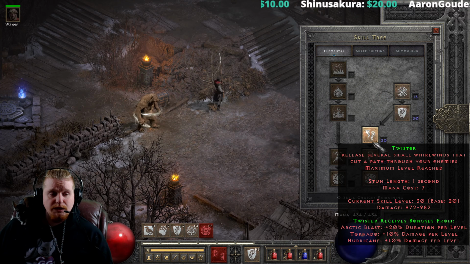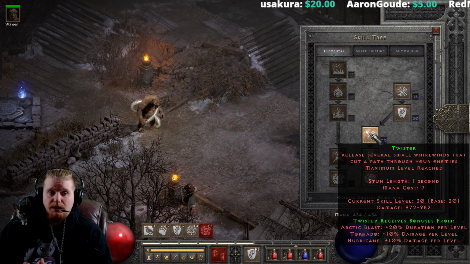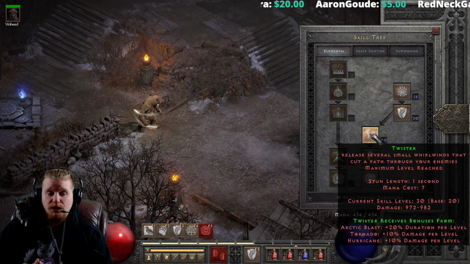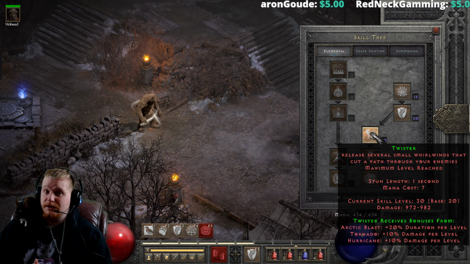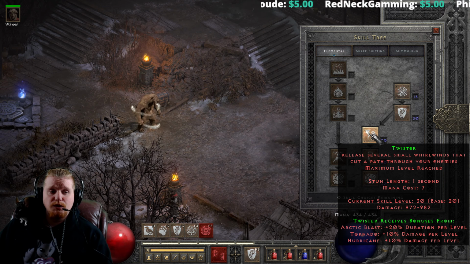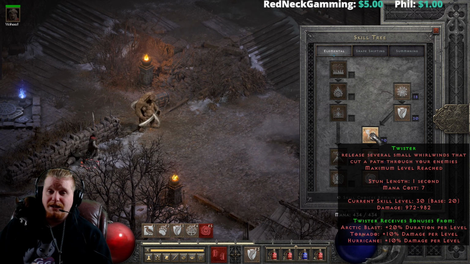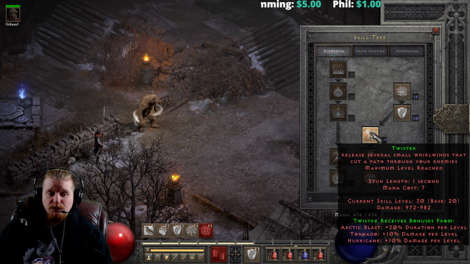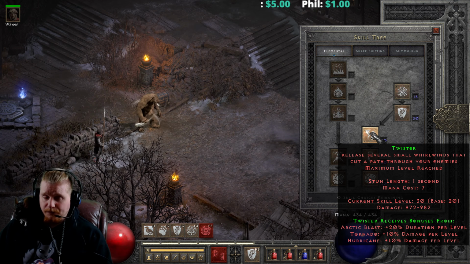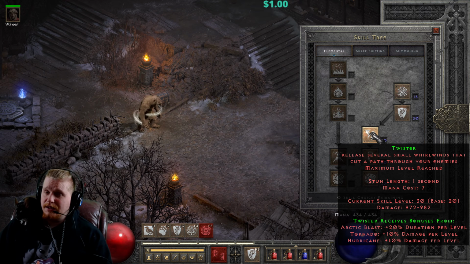Twister is one of those abilities that does seem relatively innocuous at first, and there definitely are some situations where you can utilize Twister very nicely. Like, for instance, if you're doing Bale runs, you can just spam Twisters into the Bale waves and just kind of keep everything locked down. But for the most part, Twister is not really used as a main damage ability. And it does kind of get pushed to the side a lot,